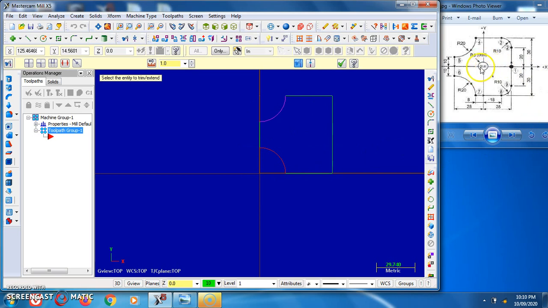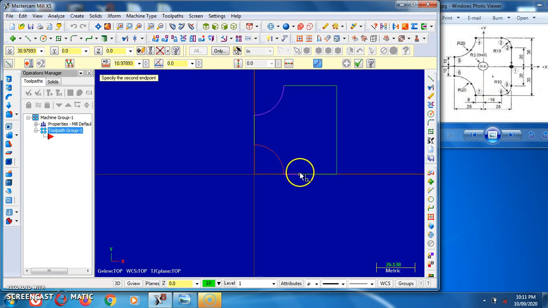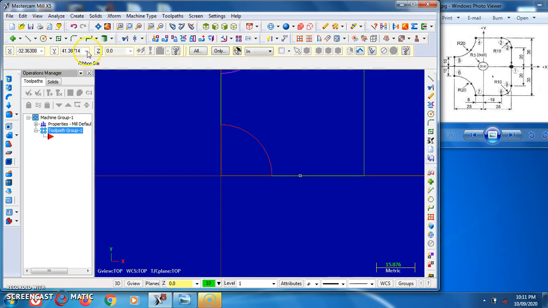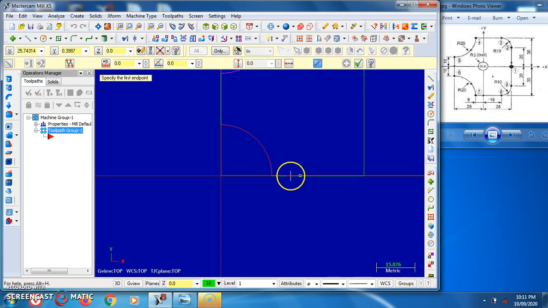Another hole of 5 mm radius is 7 mm, 8 mm distance from this place. So draw one line of 8 mm from this region, 8 mm at the angle of 0 degree. From this place we have to define the height of 30 mm, right?